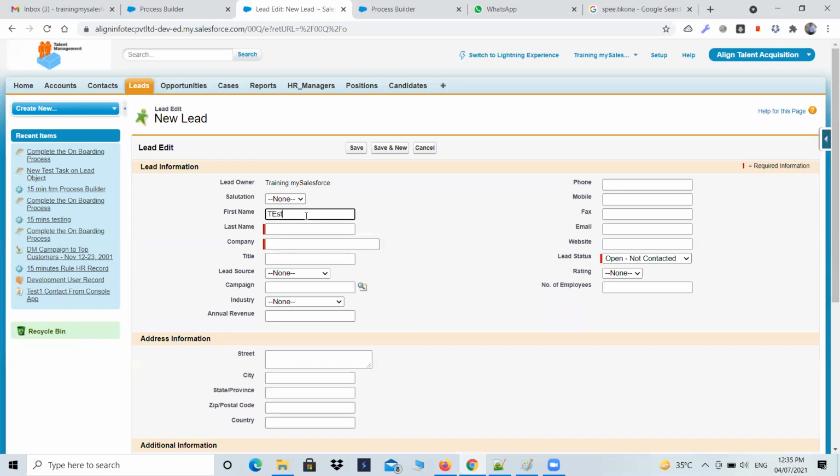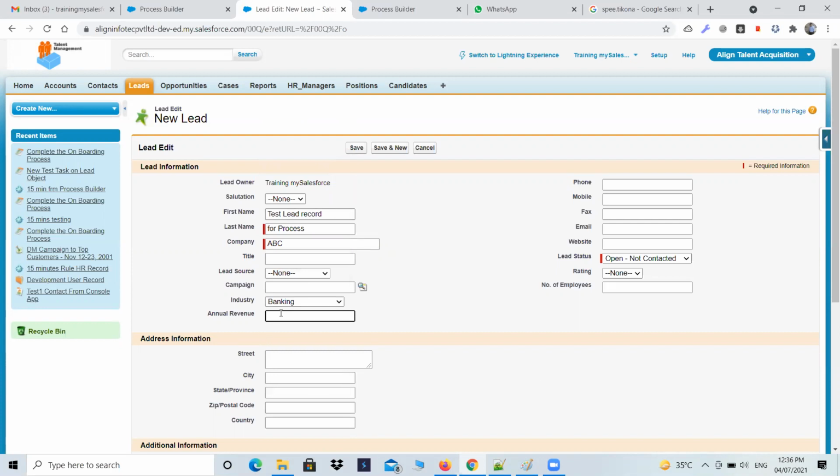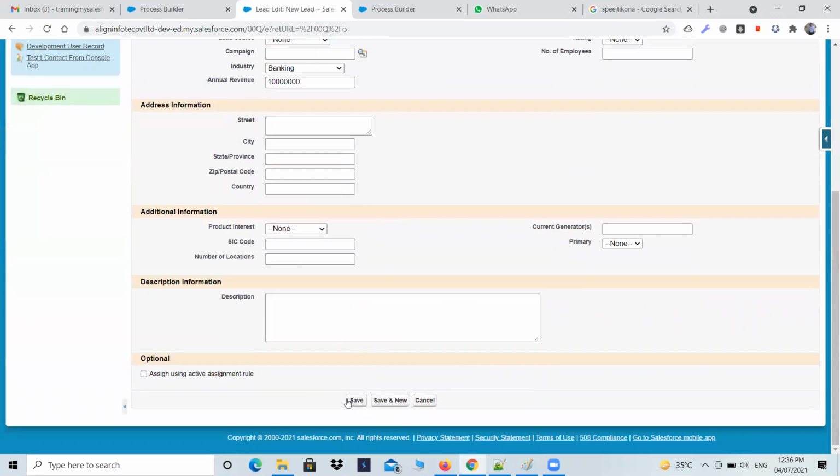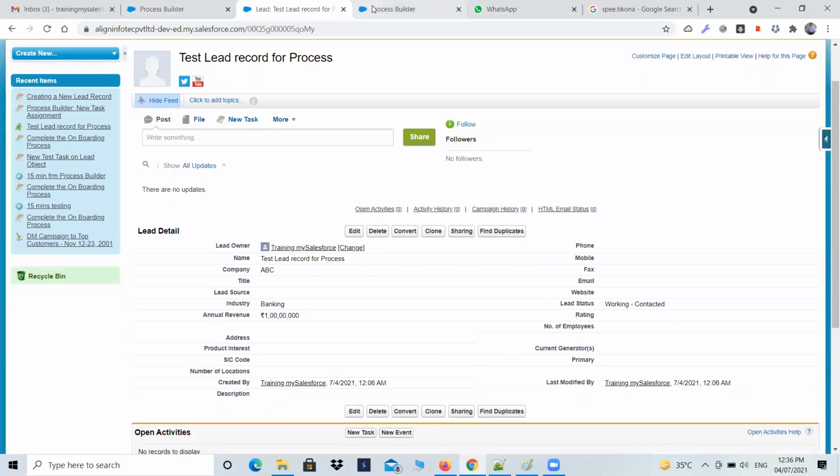चलिए एक लीड रिकॉर्ड क्रिएट करते हैं। यहाँ पे अब मैं नाम देता हूँ, टेस्ट लीड रिकॉर्ड फॉर प्रोसेस। कंपनी नेम कुछ देना पड़ेगा क्योंकि मैंडेटरी है, एबीसी। इंपॉर्टेंट है इंडस्ट्री मस्ट बी बैंकिंग, क्योंकि आपने रूल क्राइटेरिया दे रखा है, और एनुअल रेवेन्यू शुड बी ग्रेटर देन 50 लाख, तो 10 लाख करो। लीड स्टेटस कुछ भी रखो, कुछ फर्क नहीं पड़ता है, और अब इसको सेव करो। तो एक लीड रिकॉर्ड क्रिएट हुआ है जिसकी इंडस्ट्री बैंकिंग है और एनुअल रेवेन्यू इससे ज्यादा है।